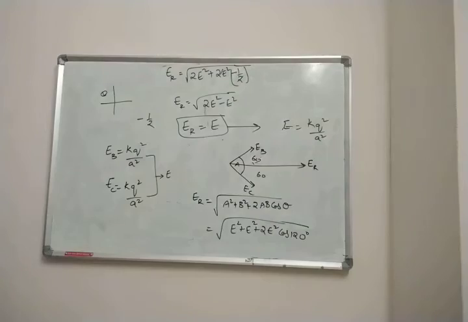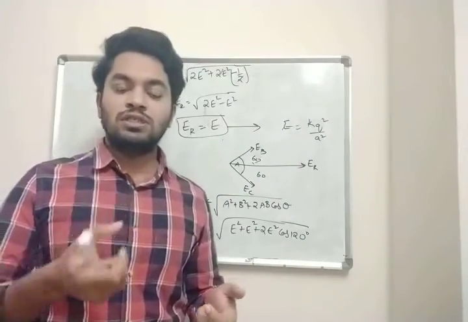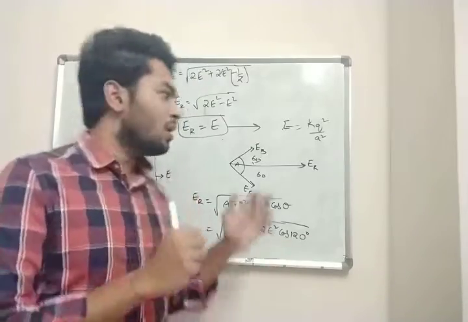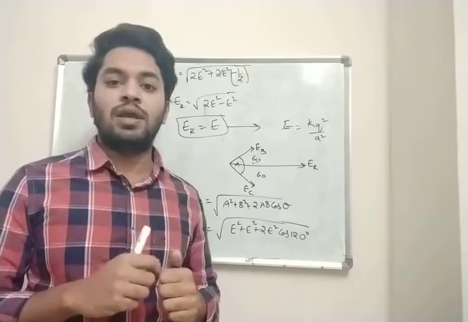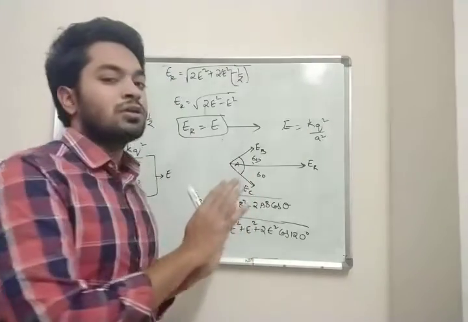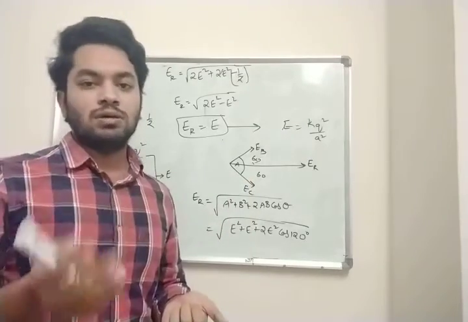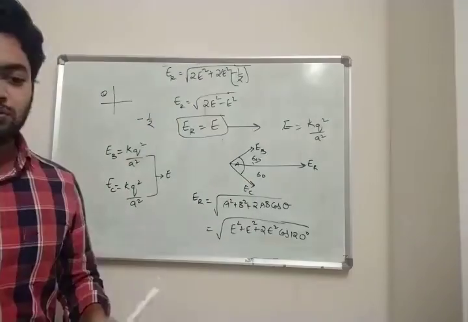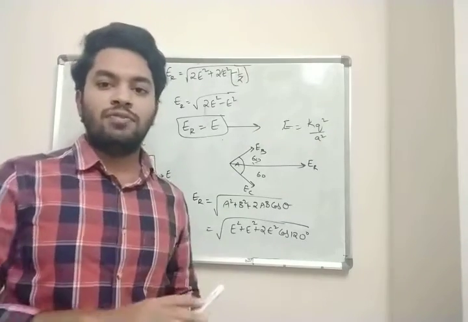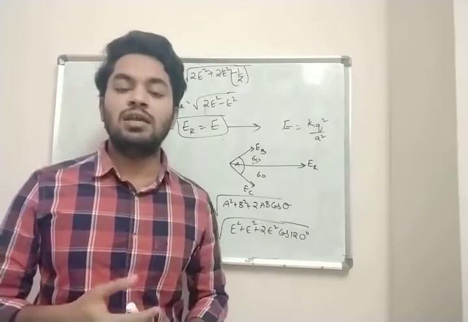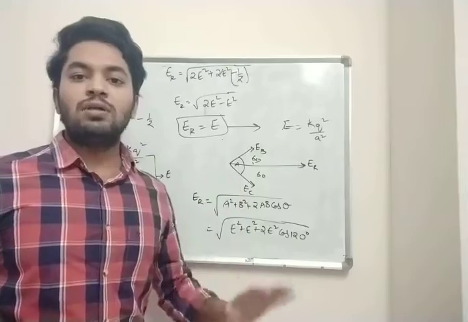Clear? Note this down. Similarly, we have done almost 6 to 7 problems in our Coulomb's law in these shapes. We have done it for an equilateral triangle, and for a square. Similar logic is applied here also. There we found force, but here we are finding electric field. Both are the same. I will not go into each example again because you have already done it in your previous class. That is why I keep telling you, keep revising your previous classes and then come to the present class.